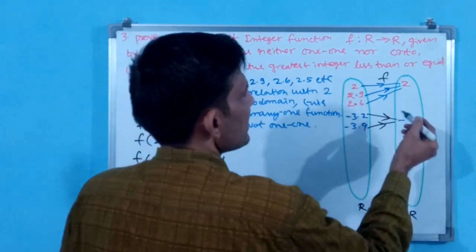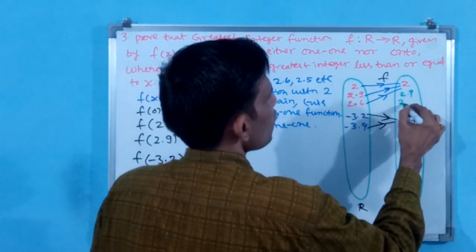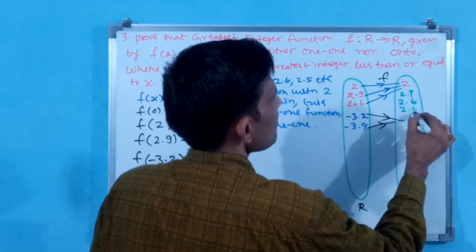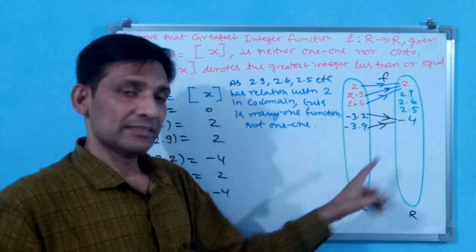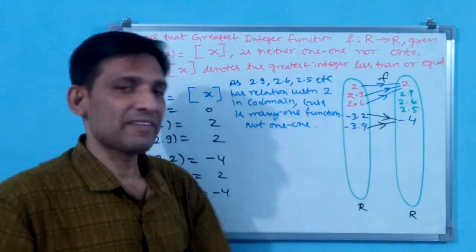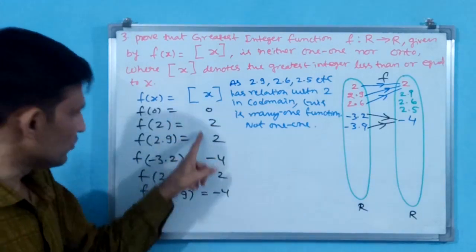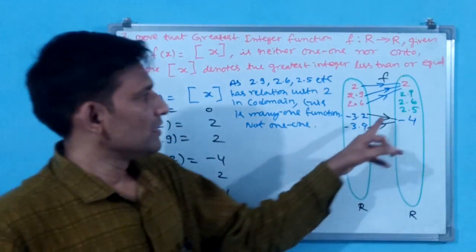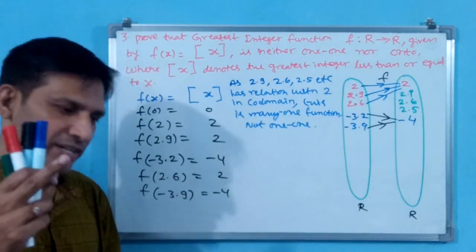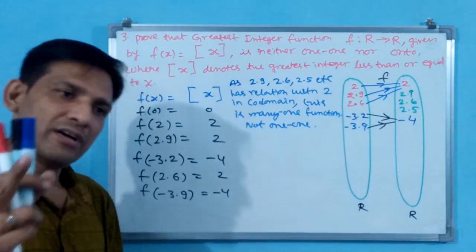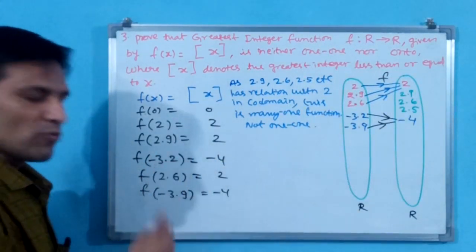See, here 2 is there. But see, same 2.9 here will be there, 2.6 here will be there, 2.5 here will be there. But do you think these are having relation? No. These are all left. That's all. They don't have any relation. Why? Because greatest integer function gives only integer. But non-integers all left this side. Non-integers, what are all there? Rational number, irrational number. All they left.